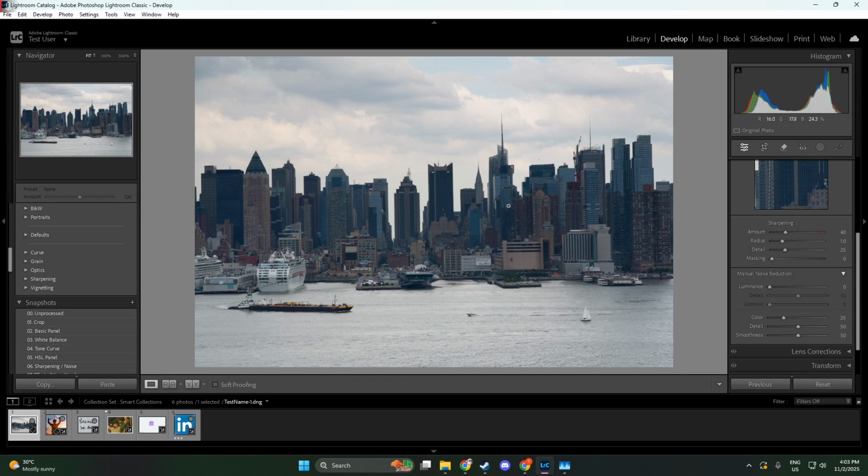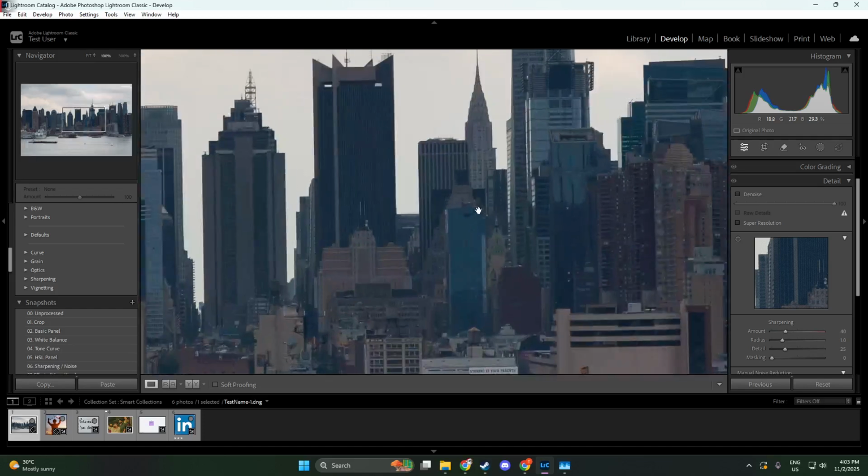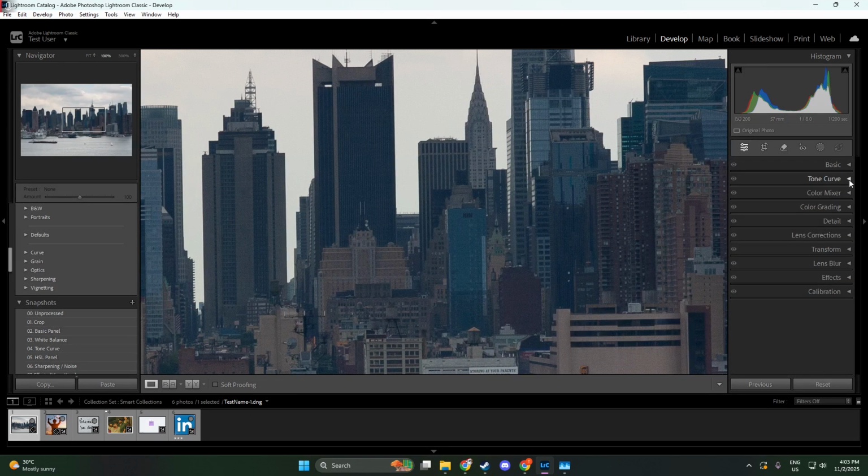Once you've got your photo up, you want to zoom in to 100%, also known as a 1:1 view. This allows you to see the effect of sharpening more accurately, especially on the edges and textures, which is paramount for detailed editing. Next, you'll want to navigate to the right panel of your screen and open up the Detail